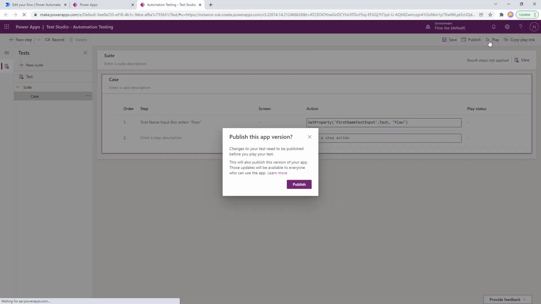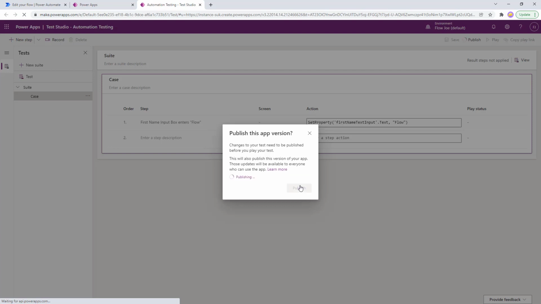Then if we hit play, you're going to get this app version, because just like on PowerApps, when you make any changes, you need to publish them for the user to experience them. But just with the Test Studio, if you make any changes, you need to publish them before being able to run that specific version or the latest version of the test. So if we hit publish,